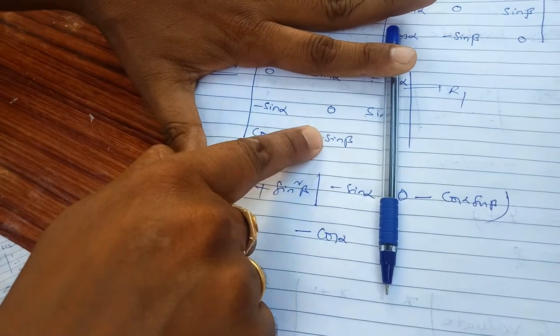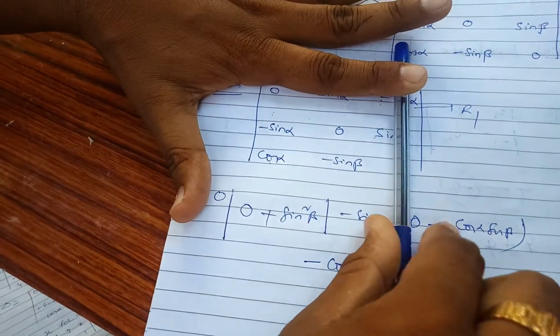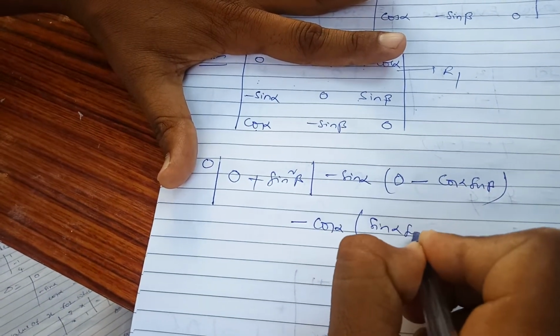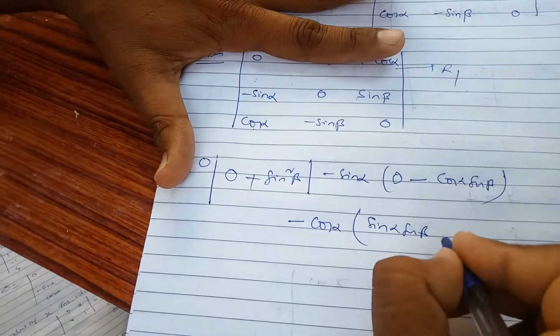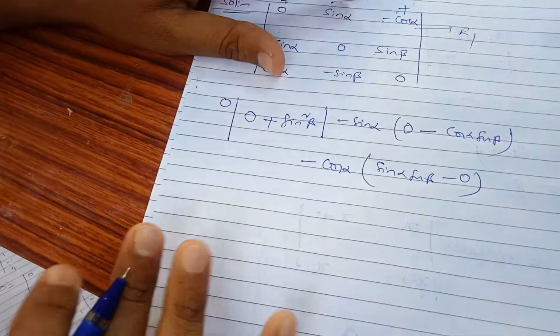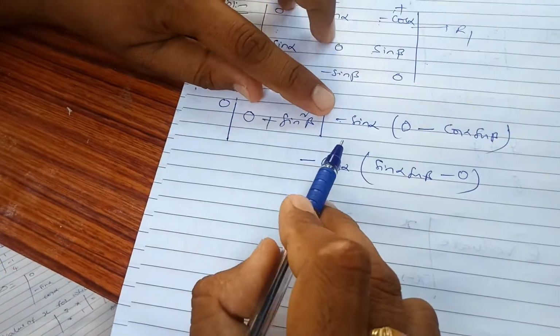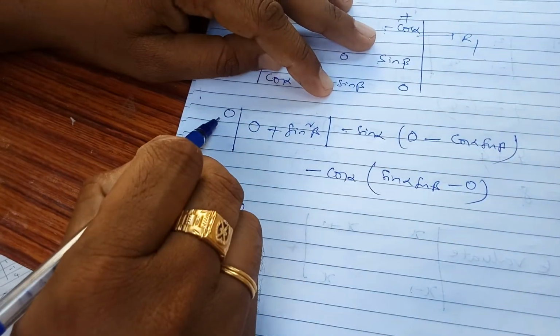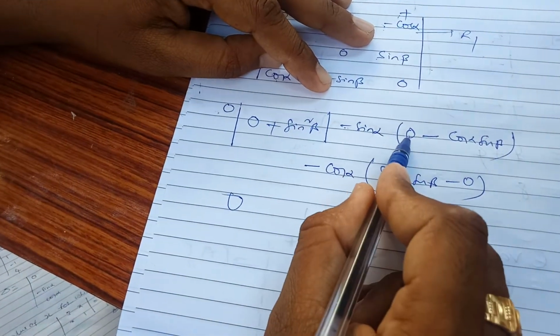After that, we are going to close the first row, last column. So minus into minus. Now we are multiplying this one. Minus into minus will be what? Plus. Then sin alpha into sin beta. 0 into cos is what? 0. That's all. Next one. See, minus. Yes or no? Now this is the total part 0 because in front of this having the 0. Minus sin alpha, this will be 0.